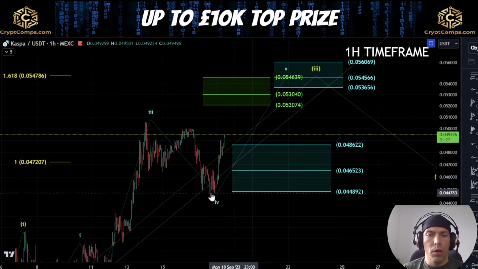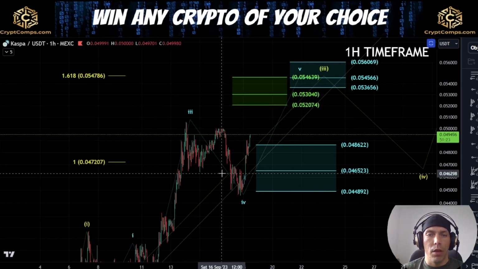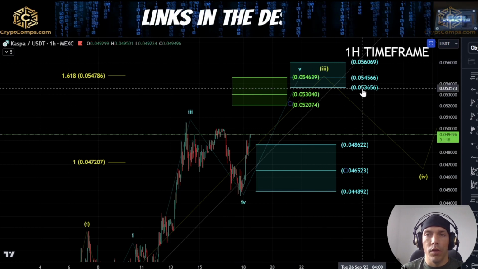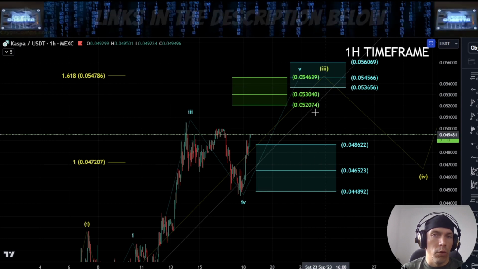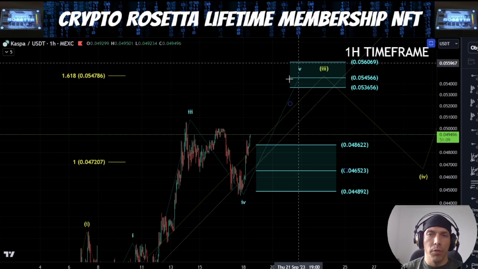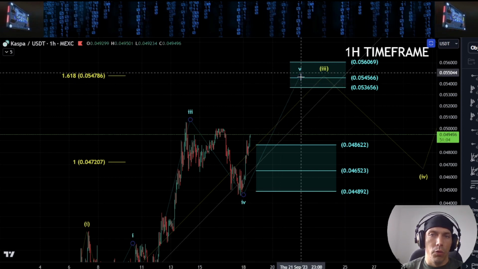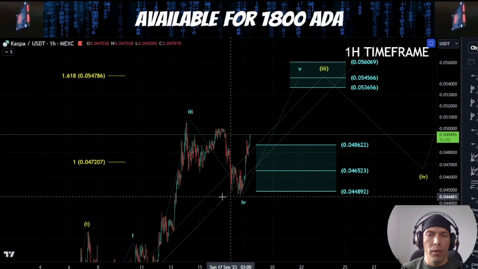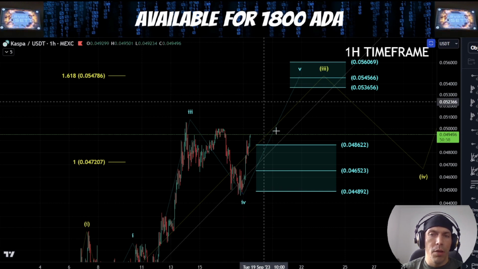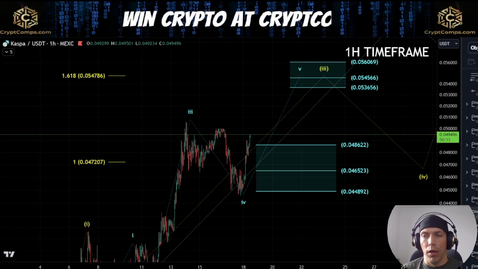But effectively, as long as we continue to hold this low, we could be looking for some of these higher target areas. Once again, this blue count here is looking for this 0560 to this 0536 region. So going to be looking out for this potential that if we do see this continuation to the upside here, we could be looking for this idea to play out here where we have this blue fifth wave still in play. But really, until we take the low of this, which is sitting at this 044591, I'm going to be looking out for the potential of extension within this move. So those are the two ways that we're looking at the structure.